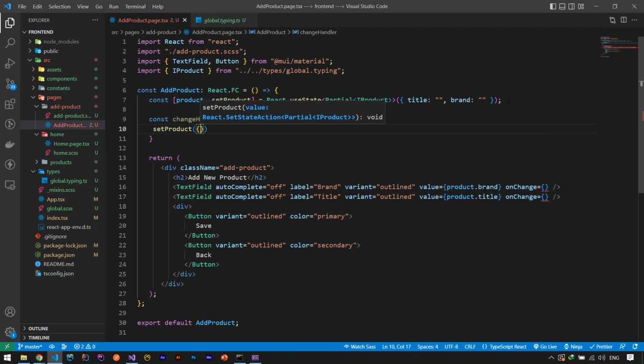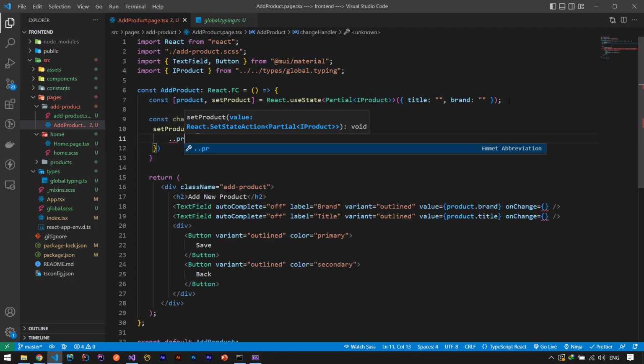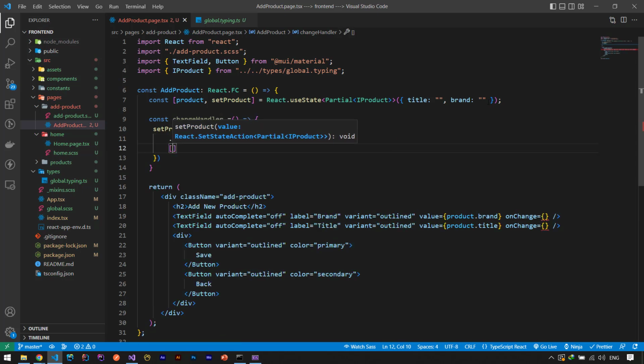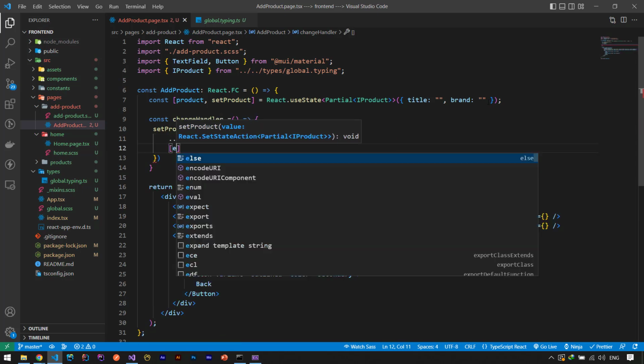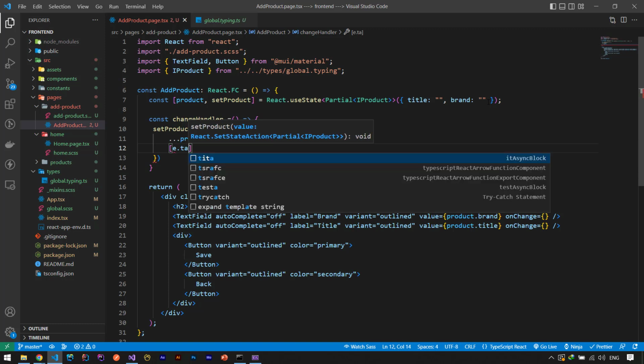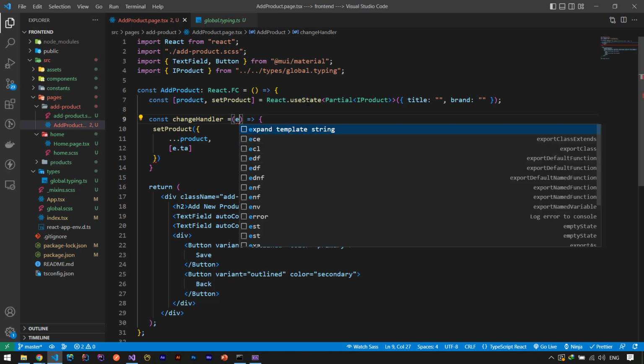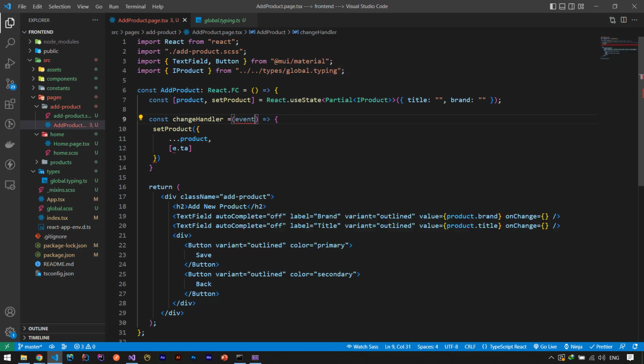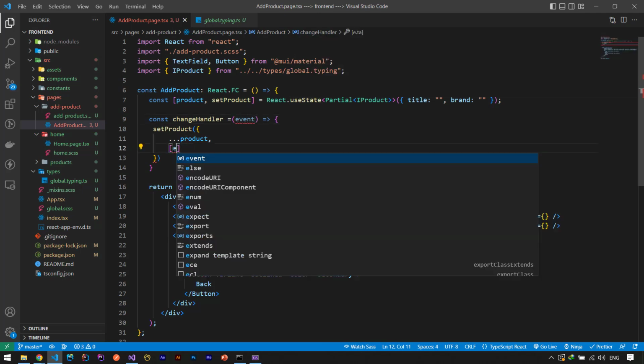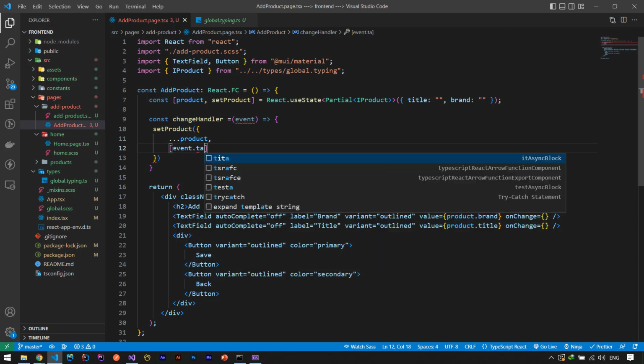So we need to send an object, and the first thing is we need to send the previous product, which is inside of our component, our state. And after this we can dynamically use e.target, we need to receive the event, and we say that event.target,